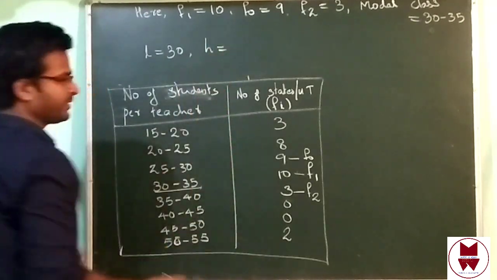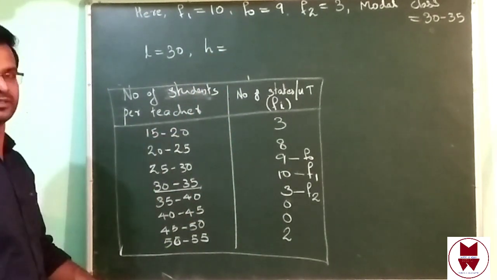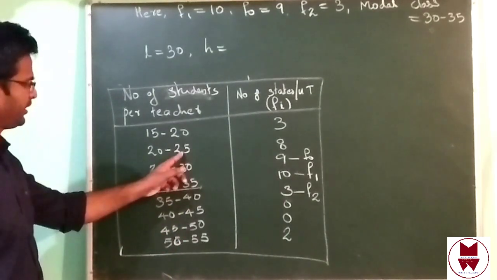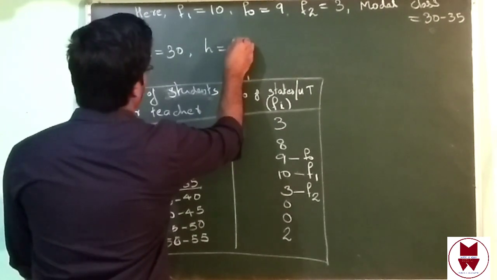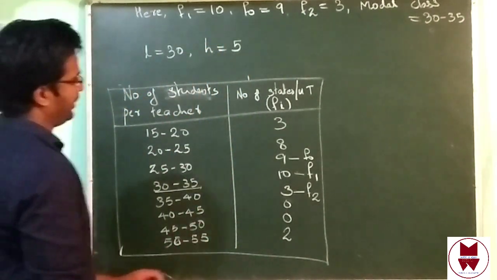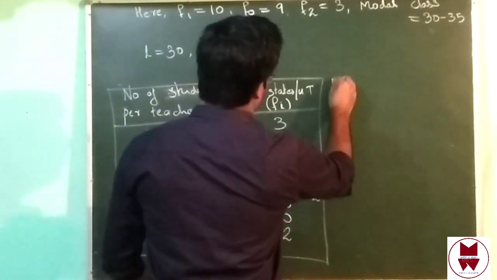H. H means class width. 20 minus 15, how much will you get? 5, isn't it? From here also you will get 25 minus 20, you will get 5. Common class width only. You can write 5. Now we can find out the mode. Mode